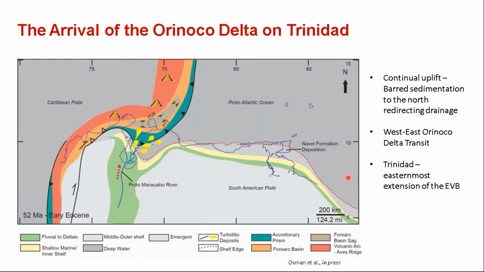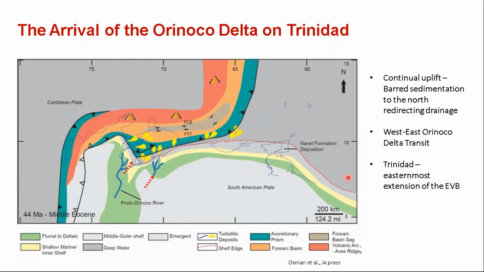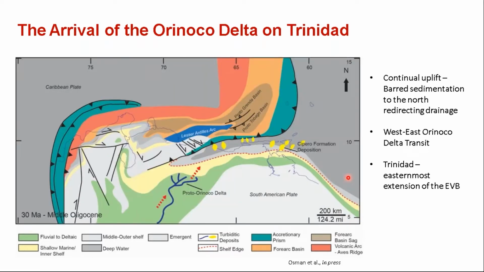First, you had a passive margin phase, and as the Caribbean plate continually migrated eastwards, you underwent oblique collision followed by a series of transpression and transtension. In the Trinidad area, we weren't really affected by the Caribbean plate until the Middle Oligocene,